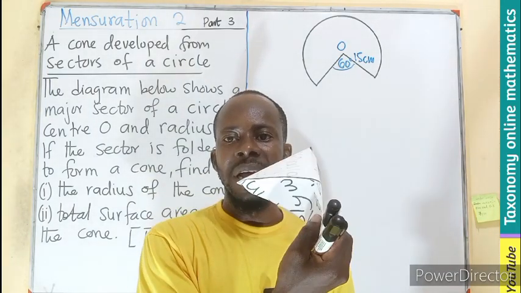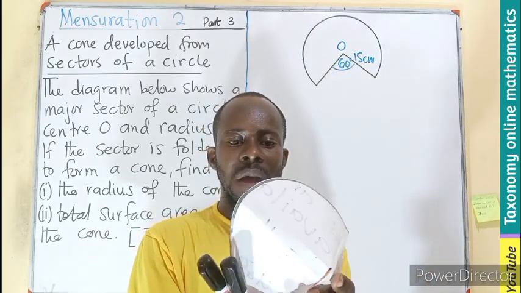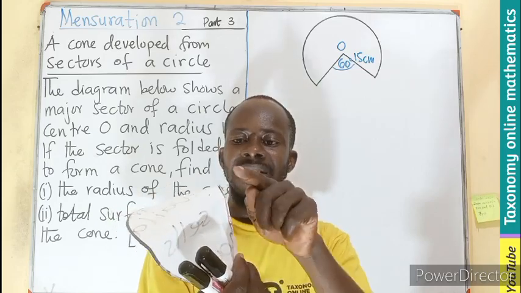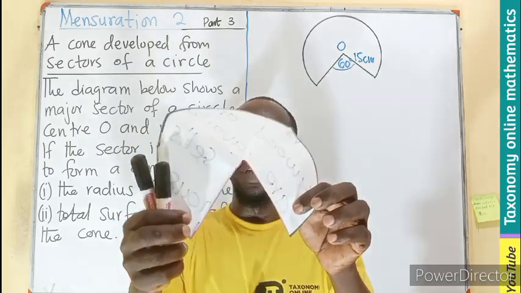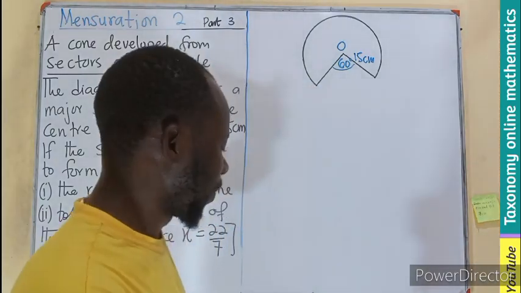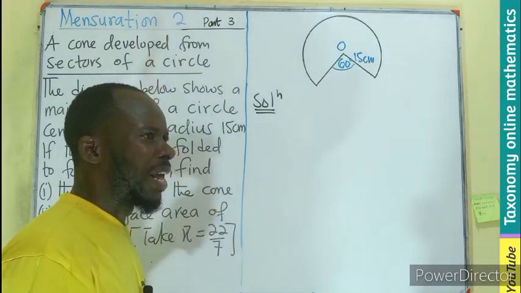We can fold this major sector to form a cone. You can see a cone is three-dimensional. So this is a hollow cone with no circular part. If we take this, we know this is the slant height, right? The slant height, which was originally the radius. So we developed the formula, but let's take it again by saying that if I want to find the base